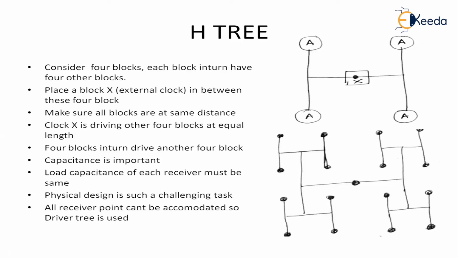So because of that, physical design will become a major problem, because while doing a layout, I can't make sure which unit has the largest capacitance or which has the smallest capacitance. And for accommodating all my receiver points, this can't be done. We don't know how much capacitance will be there in each receiving unit, or how much capacitance each block must drive. So making a layout of such a task is highly impossible.